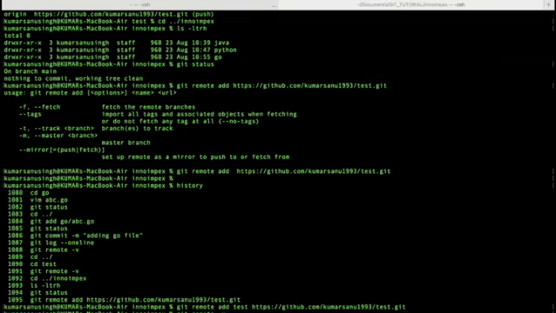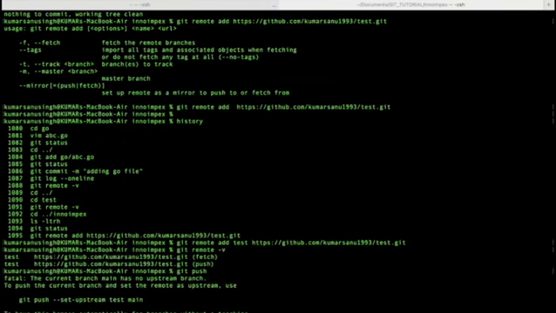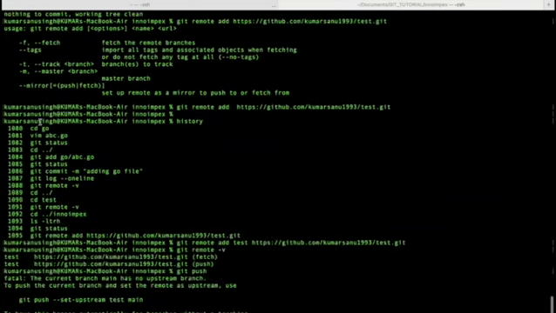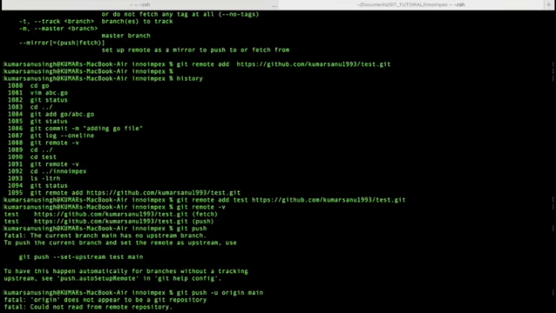Now if I try to push, git push, this branch is not available upstream, right? So what I need to do is git push -u origin. Origin is nothing but your remote; when you say origin, you point to the remote. So what will be my origin? This test.git. And what is my current branch name? If you see git status, it always shows the branch. My branch name is main. So now I'm pushing it. Origin doesn't appear to be set. Let me set the upstream.